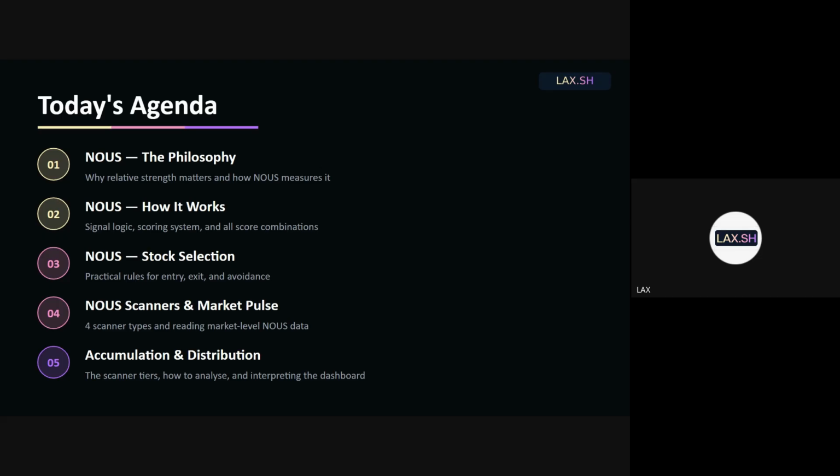That is where NOOSE comes in. NOOSE basically measures, rightly, the relative strength of any security. How it works is, what is going up is okay, but what is going up more than other things is actually better. So you need a signal that is based on logic, that can have some objective scoring system, and that can complement other areas of your strategy.